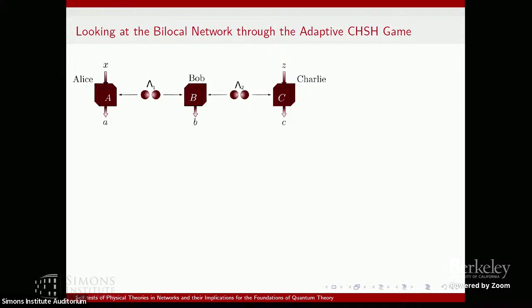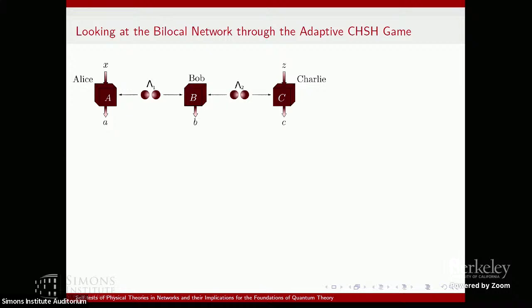Now, if you think of this classical strategy that I mentioned before, Alice and Charlie still don't share a resource, so they cannot use the strategy from before. But what can happen is that now Bob knows what resource they get. And so, conditioned on him observing that they get perfectly correlated resources, they can now win the CHSH game again. And he knows even more. He also knows if the resources are anti-correlated.